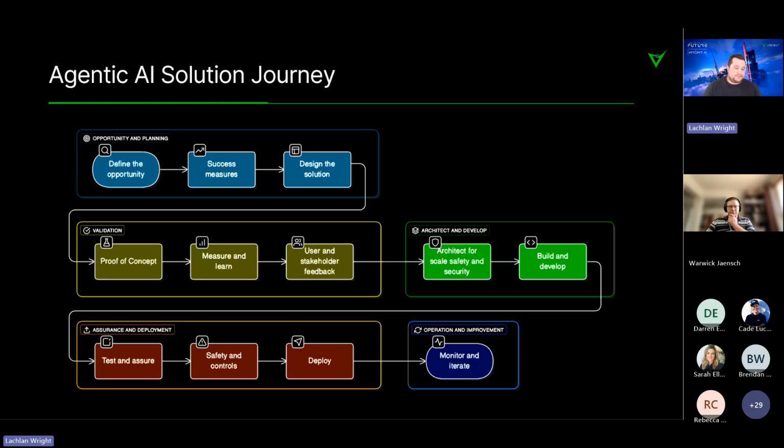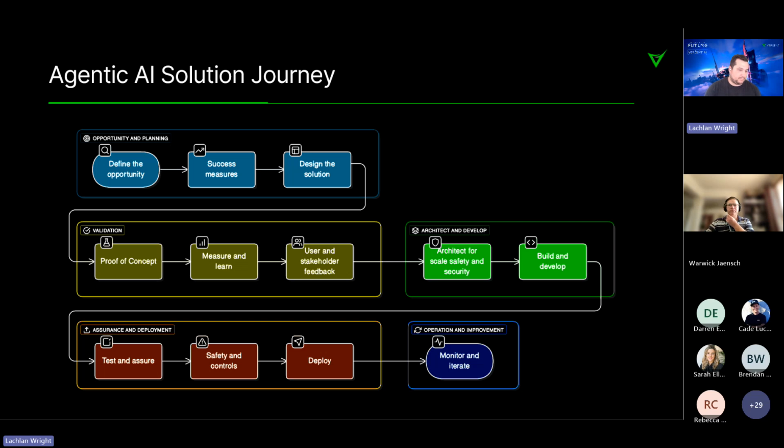So having a low cost, low barrier to entry way with a platform and some process to be able to enable people to test and build and try these things out is really important. If they can't even try it out or get their ideas going, you're going to have a really hard time finding the killer use case in your organization. So we come up with what that solution looks like, get into a proof of concept or a proof of value as quickly as possible.